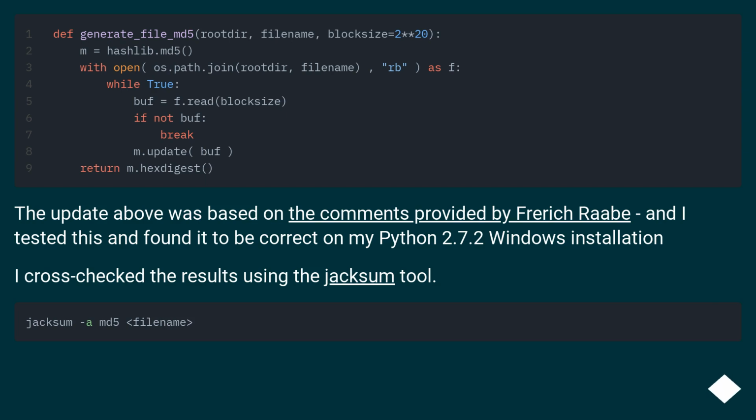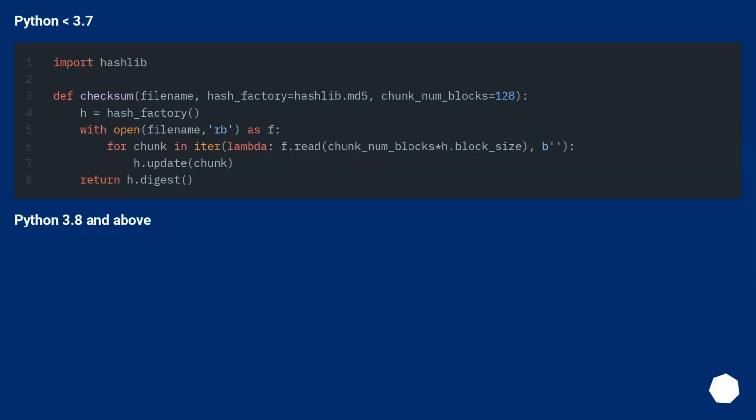The update above was based on the comments provided by Frerich Raabe, and I tested this and found it to be correct on my Python 2.7.2 Windows installation. I cross-checked the results using the jacksum tool. If Python is lower than 3.7, or Python 3.8 and above: